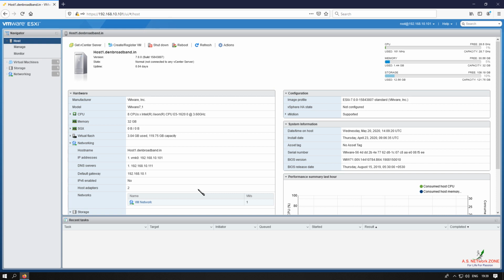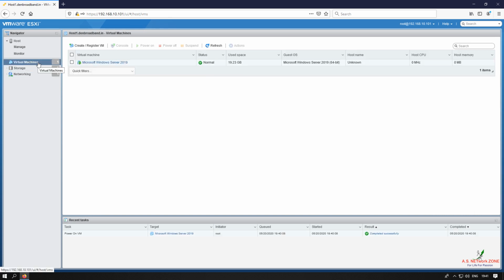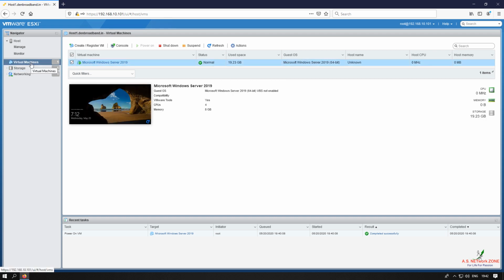And here click on virtual machines. Here select your virtual machine so that you can manage it via the VMRC tool. Click on the console button. And there you can see the last option is download VMRC. If you click on this option, then this link will automatically redirect you to the VMware portal, from which you can download your VMRC tool. But in my hands-on lab, I have already downloaded and installed this tool. So there is no need to click on this option.